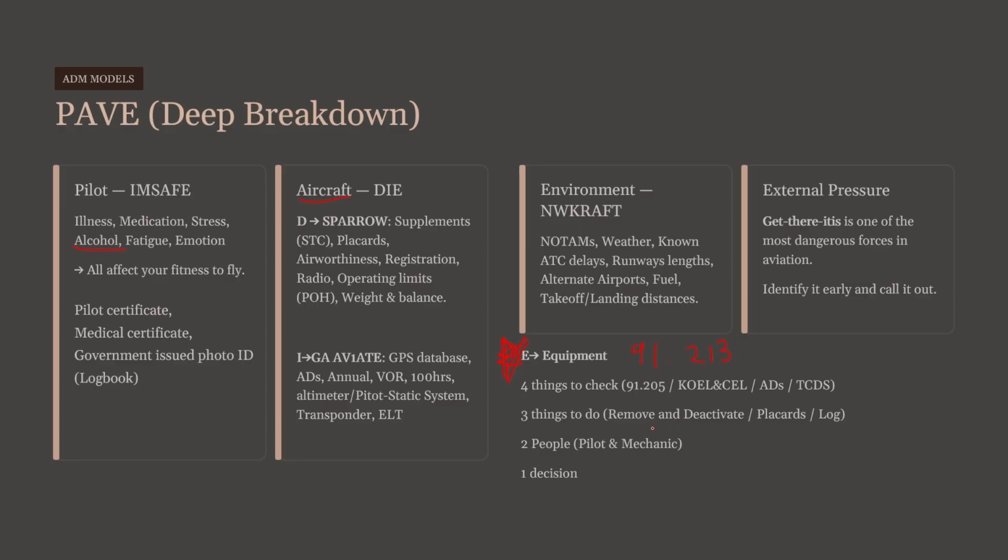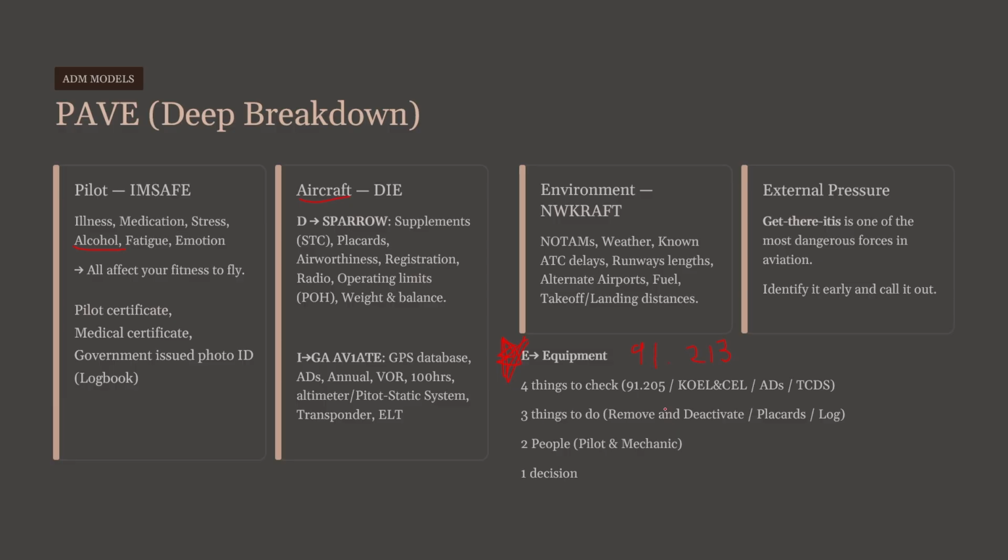First, I would check if the equipment is required. To do that, I would look at 4 things. First is 91-205, which is like automated flames and flaps. And this regulation tells me the minimum required instruments and equipment based on the type of operation, such as VFR day, VFR night, or IFR. So here I'm specifically looking at whether that piece of equipment is legally required for the kind of flight I'm